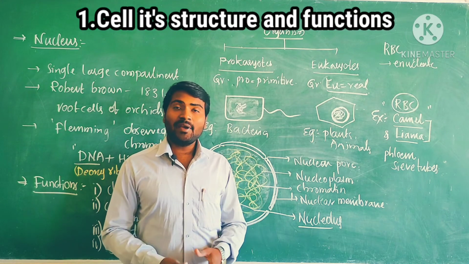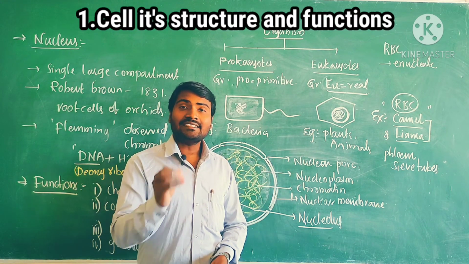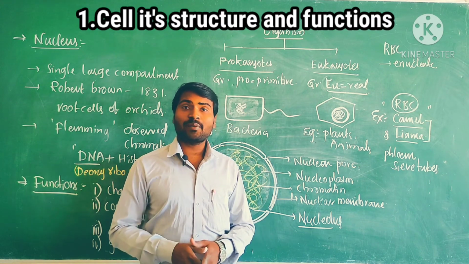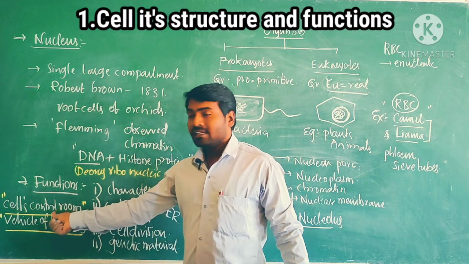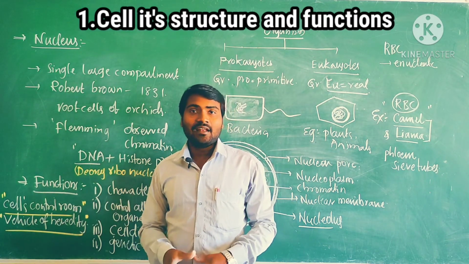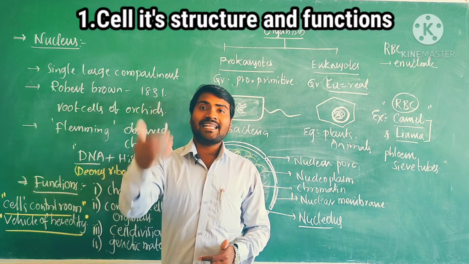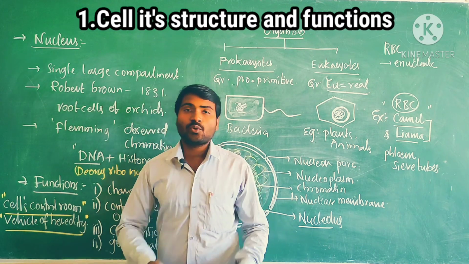These genes of the parent are going to pass to the next generation. Hence it is also known as the vehicle of heredity. You have to note down these points. Two points we have to remember: it controls the entire cell, hence it is known as the cell's control room; and it transfers genetic material from one parent to the next generation, hence it is known as the vehicle